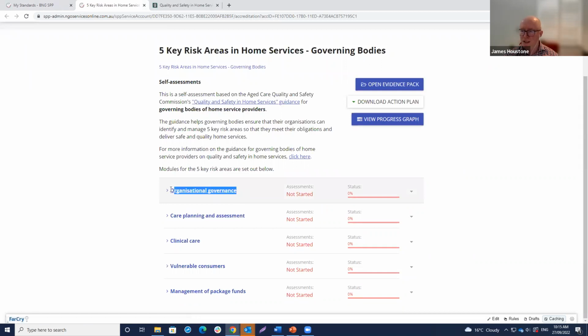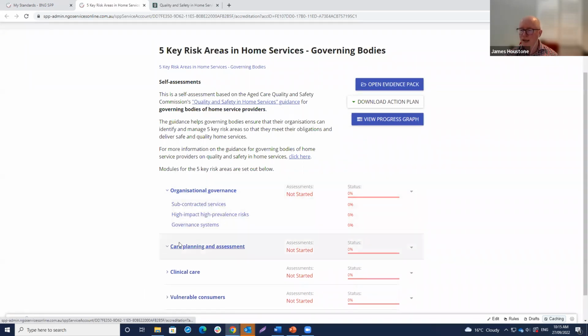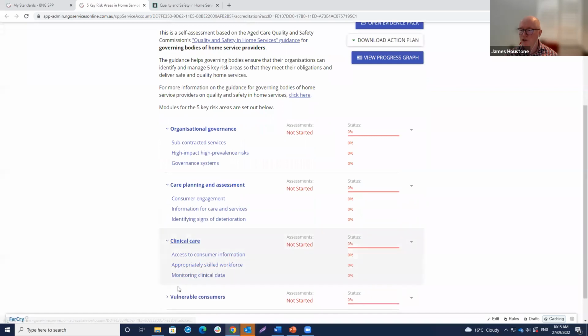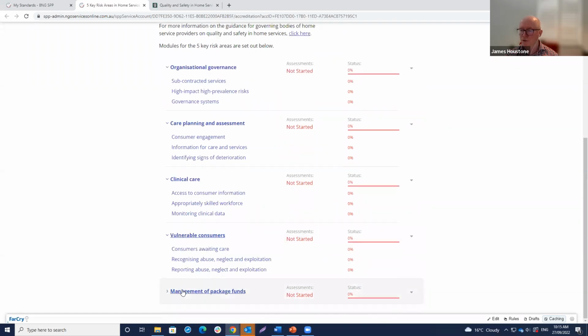And then you'll see here, we have the 5 key areas of risk that we talked about before. And then under each of those 5 key risk areas, we've got a couple of assessment modules.